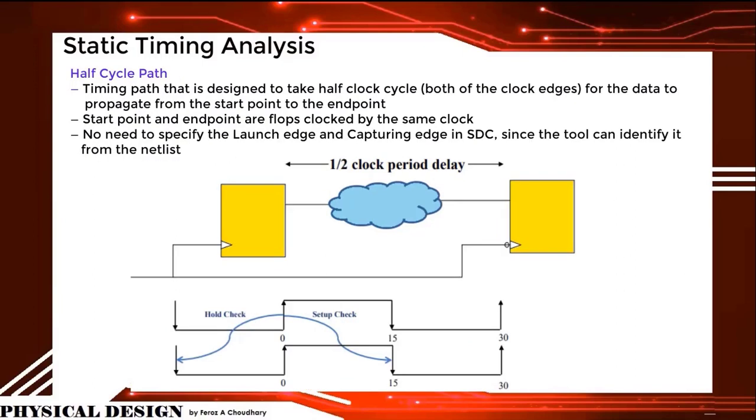Half cycle path. A timing path that is designed to take half a clock cycle, using both of the clock edges, for the data to propagate from the start point to the end point. Start point and end point are flops clocked by the same clock. No need to specify the launch edge and capturing edge in SDC since the tool can identify it from the